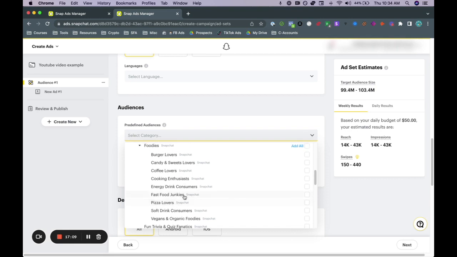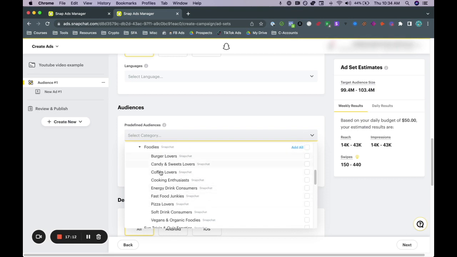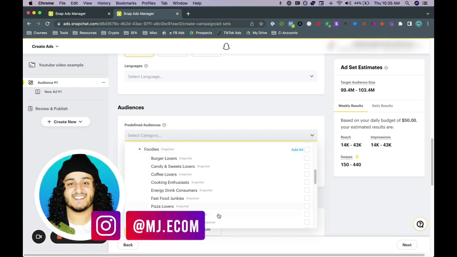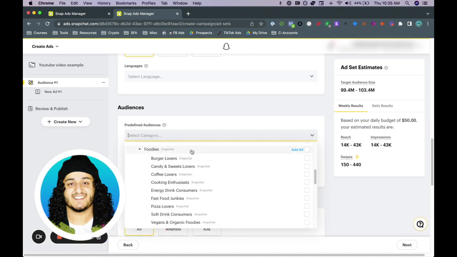Now, one thing I need to tell you guys is that just because some of these topics are super relevant to the product that you're selling or the service that you're offering, I would highly recommend that you not only test that specific interest, but you actually target the category as a whole. So for the example, let's say you're selling a vegan product. It would make sense to target foodies as a whole, meaning it's going to target all of these different options. You can test vegan and organic by itself, but I would recommend that you test the category as a whole,